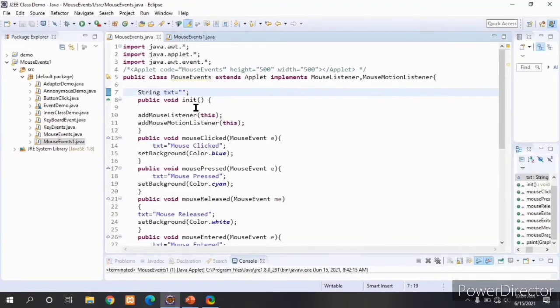See, this is the program. First I am importing the java.awt.* package. This package provides all the necessary AWT components, classes and interfaces to create a GUI or user interface. Next we are using an applet here, so to support the applet class, whatever necessary classes, methods and interfaces are needed will be provided by java.applet.*.